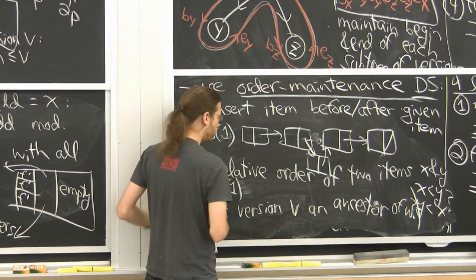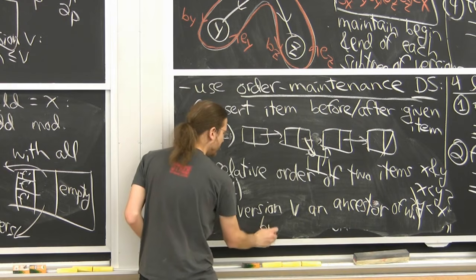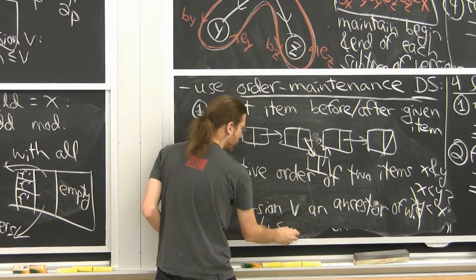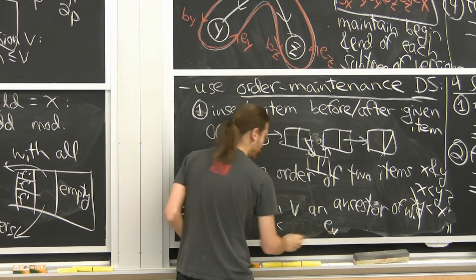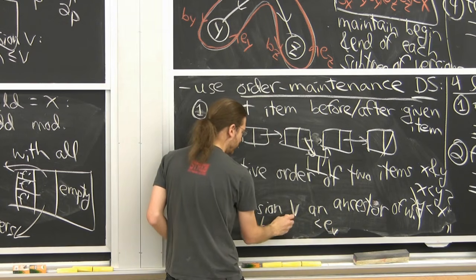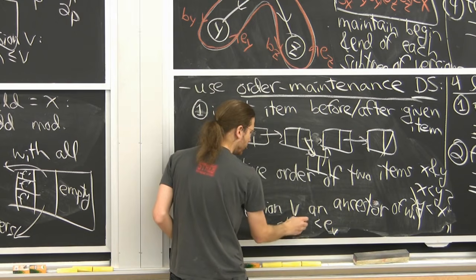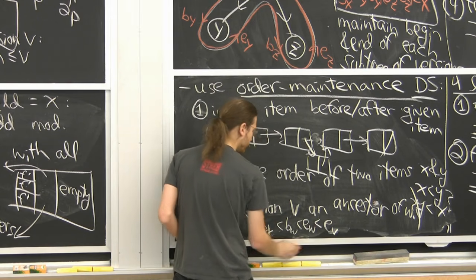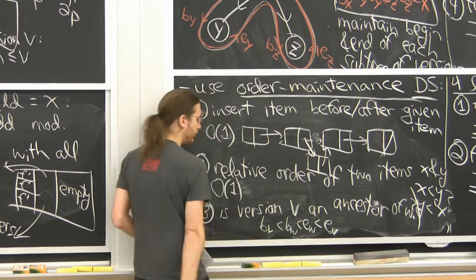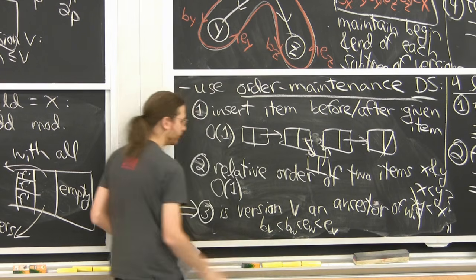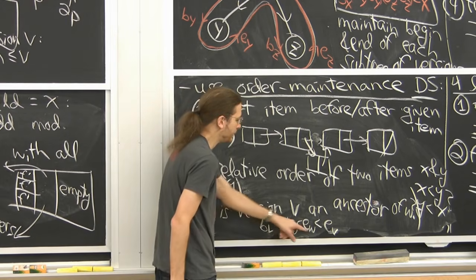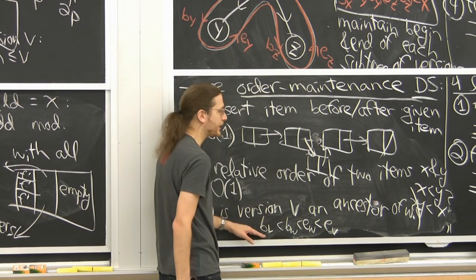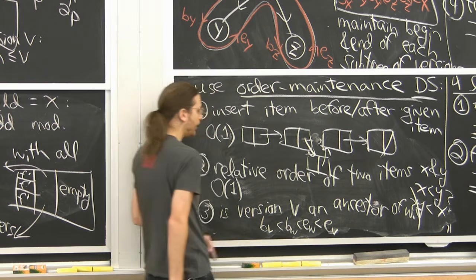Because that's going to be true if and only if BV and EV nest around BW and EW. Okay, so that's just 3 tests. They're probably not all even necessary. This one always holds. But if these guys fit in between these guys, then you know